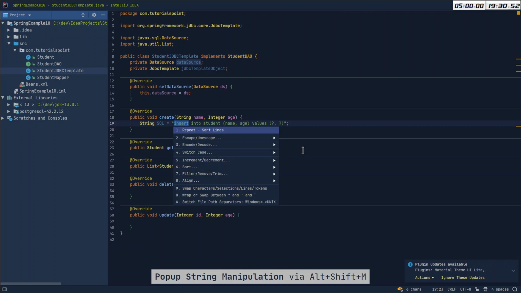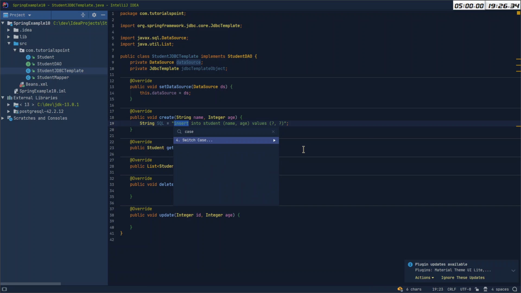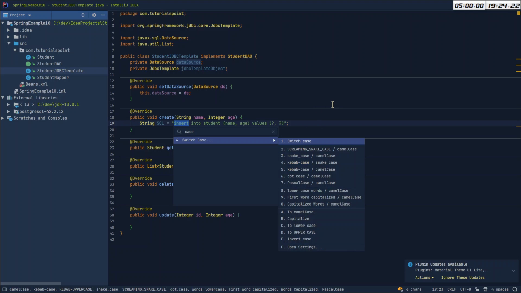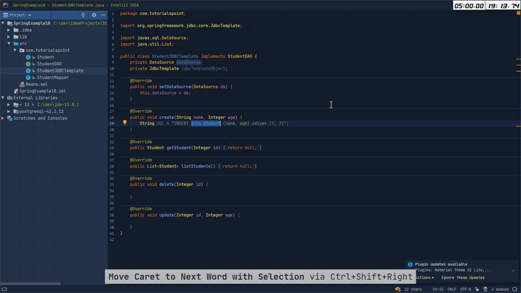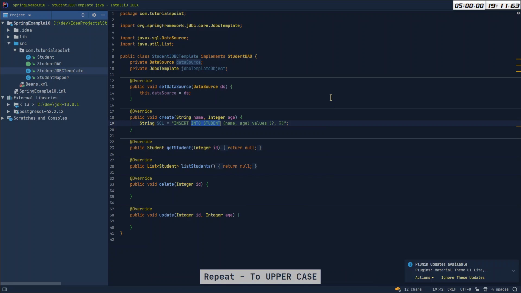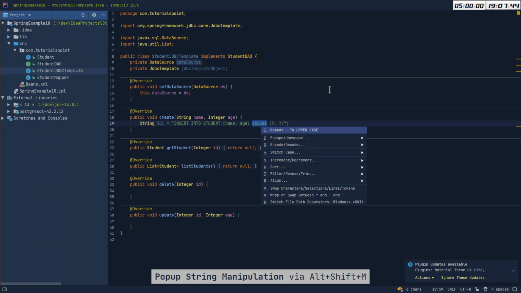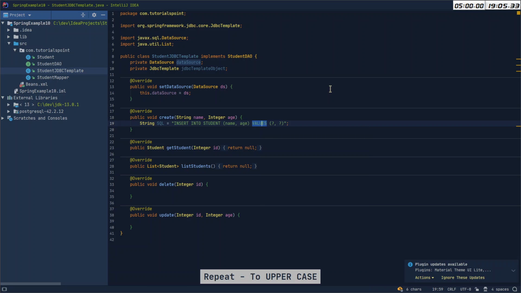That was case D to uppercase. Okay, and maybe I can select those as well. To uppercase, just because I like it. So now